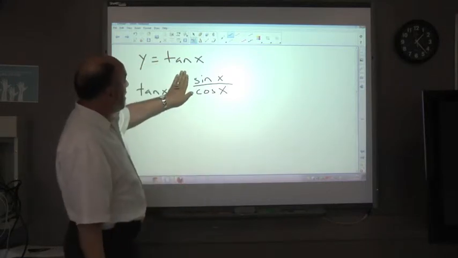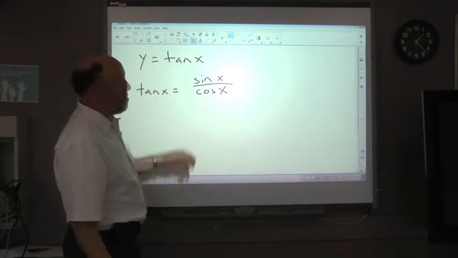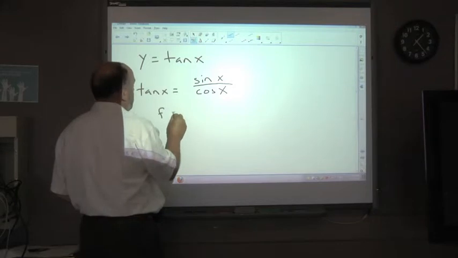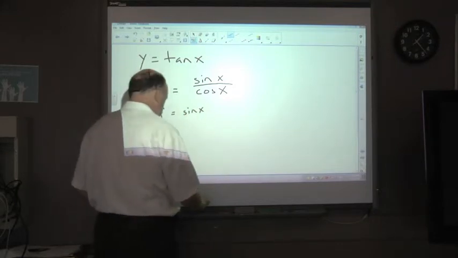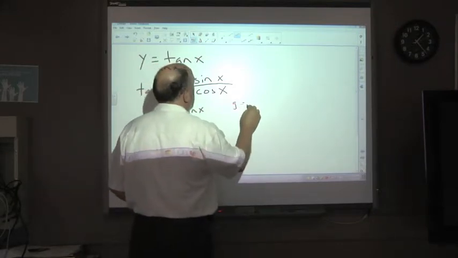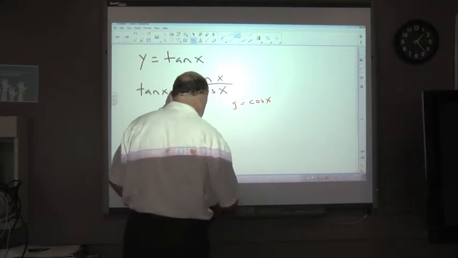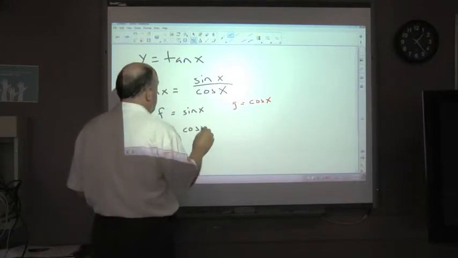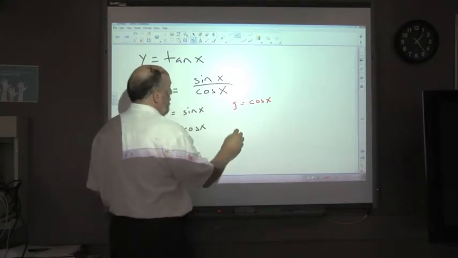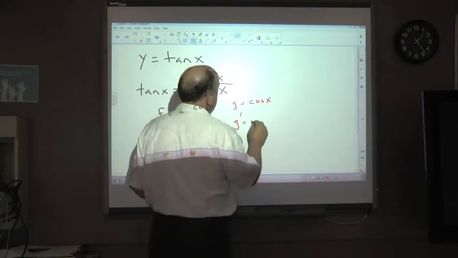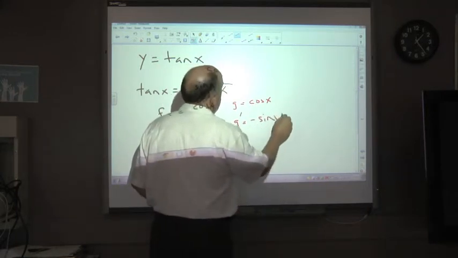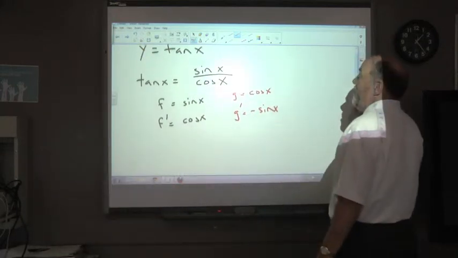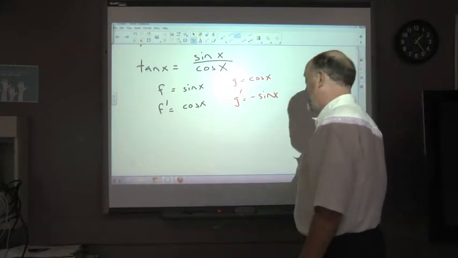So if I look at this and think back to my quotient rule, we got that f will be sine x, g will be cosine x. The derivative of sine is cosine, and the derivative of cosine is negative sine. So now if I take those and put them all into the quotient rule,